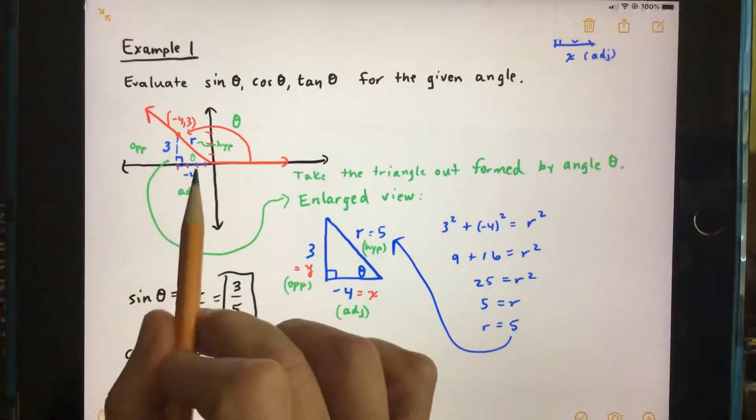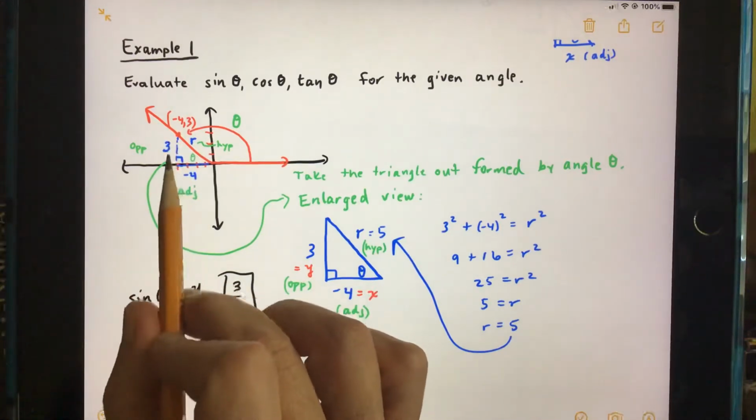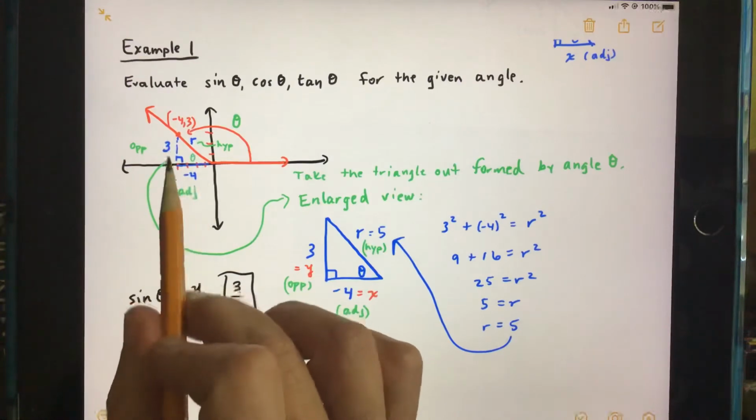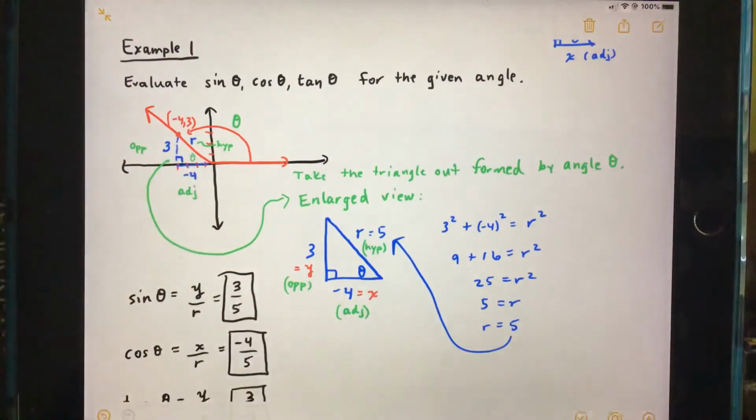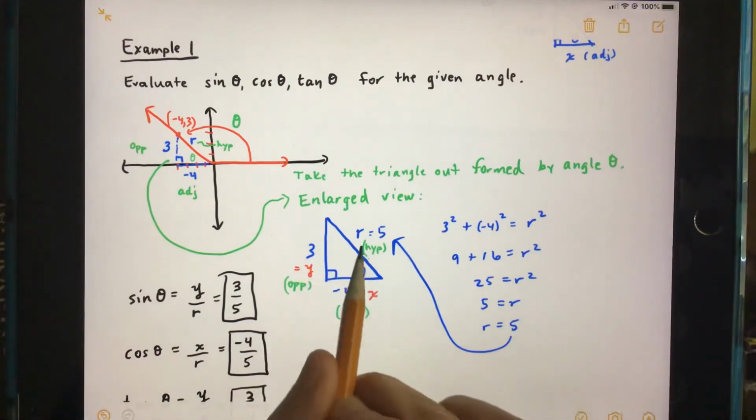And the y-coordinate is 3, so we go 4 to the left, up 3 to get to this point. So we can label this triangle here, negative 4, 3, and our hypotenuse would be r. I've pulled this triangle out to make it easier to figure out what we're doing here. So here's my x, which is negative 4, which is the adjacent side of the triangle with theta as the angle right here. And then our opposite side is y, which is 3, and our hypotenuse side r, which is